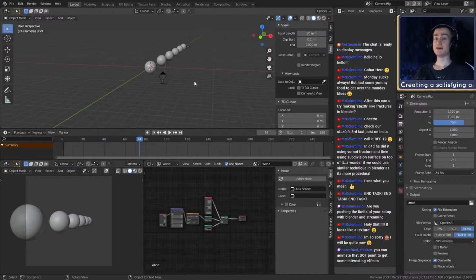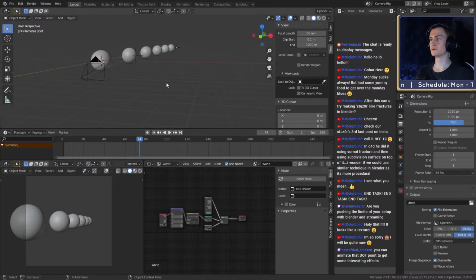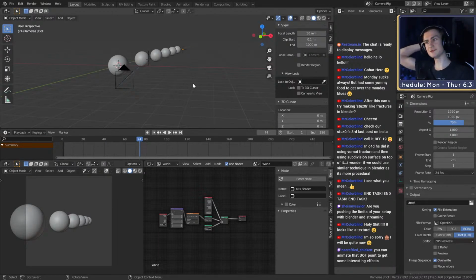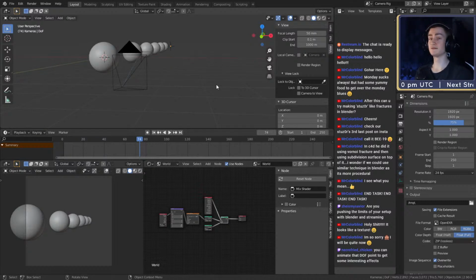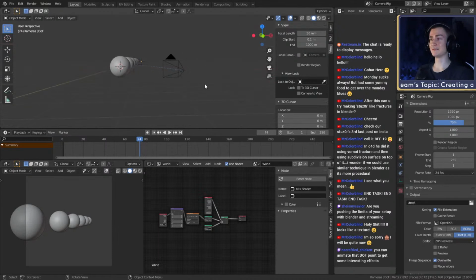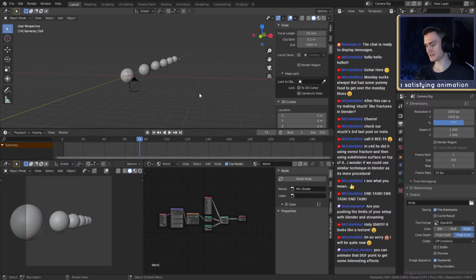So today we're going to talk about something hopefully very helpful for a lot of people. Over the last 2 years of using Blender, I've collected a few tips and tricks that I want to share today that I would have loved to know back in the day, because they would have made my life in Blender a little easier. You can see one of them already. I guess we can just go straight into it.